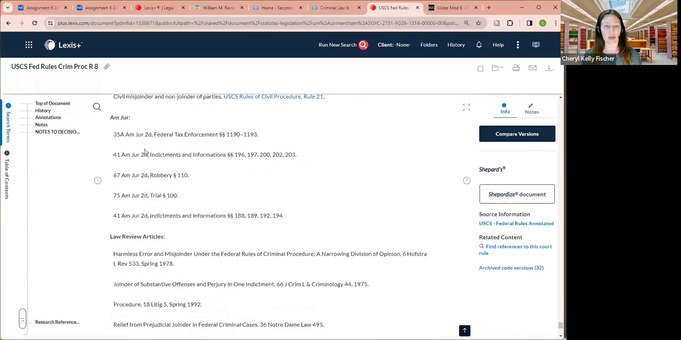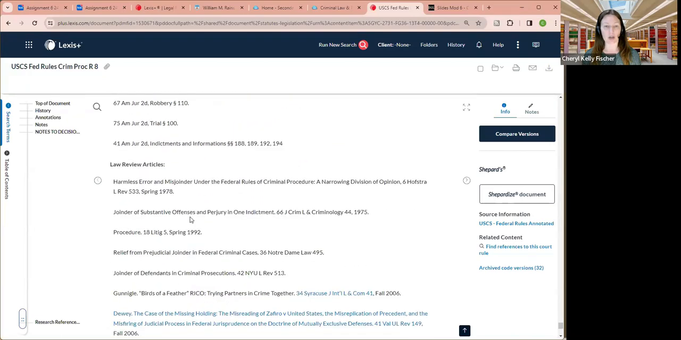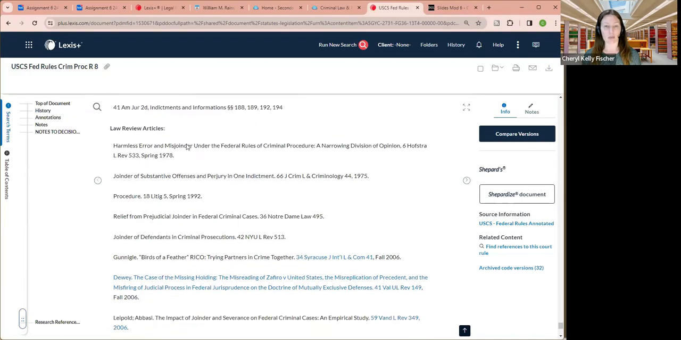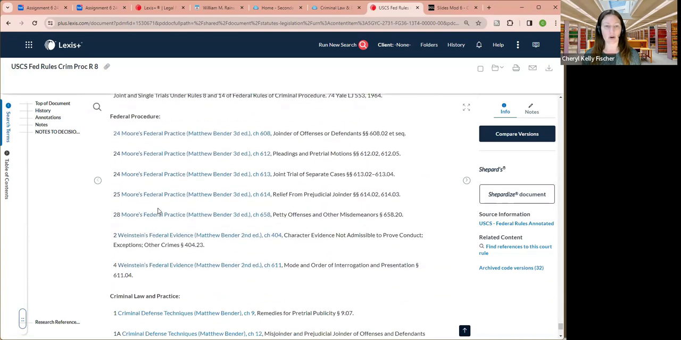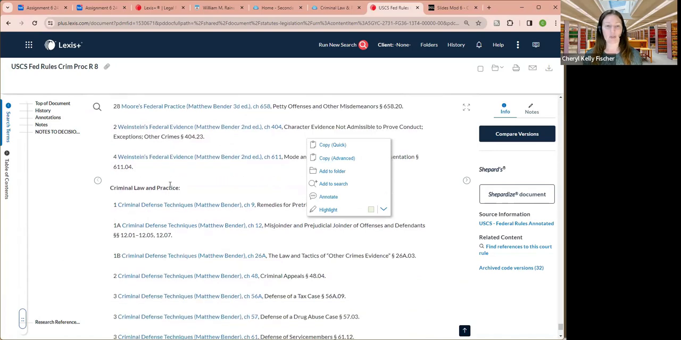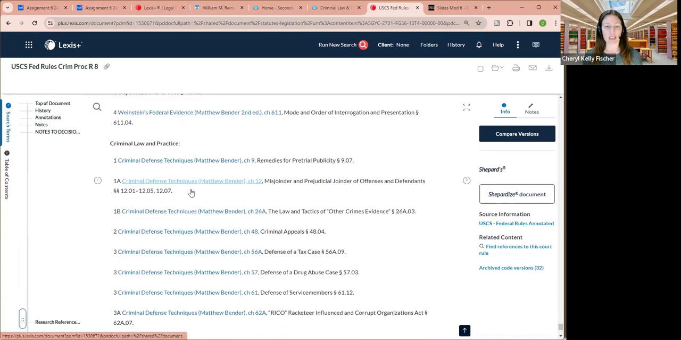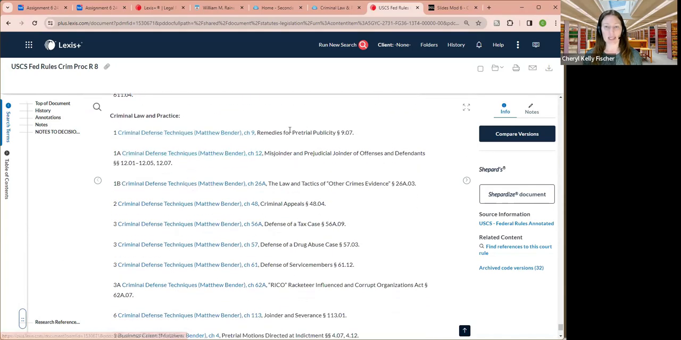So let's see. We've got some AmJur. That's the American Jurisprudence Encyclopedia. We're skipping the law review articles. Federal procedure treatises. So we've got Moore's. We already found that. Look, this is the section that we found as well. So that's always good when you see it again. We've also got some crim law treatises. So defense techniques,